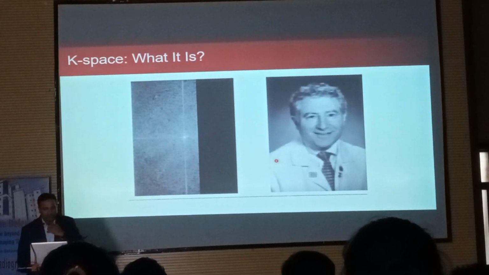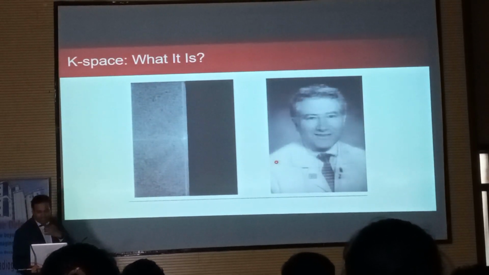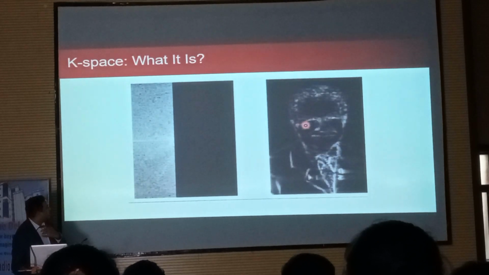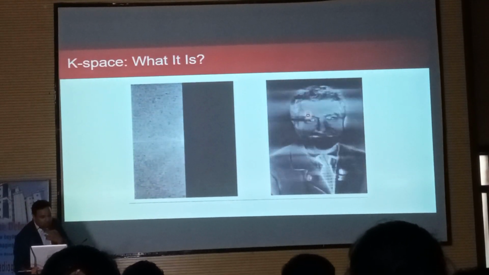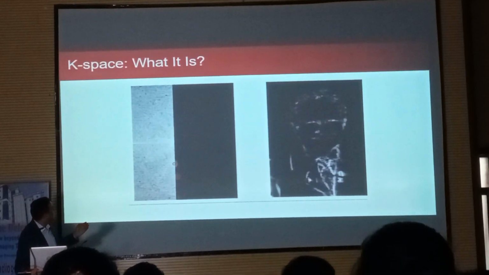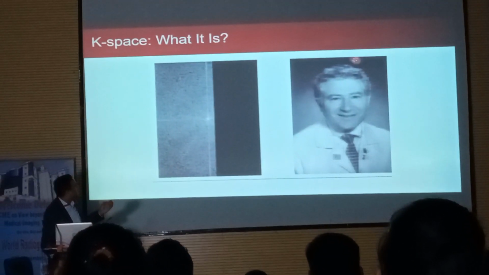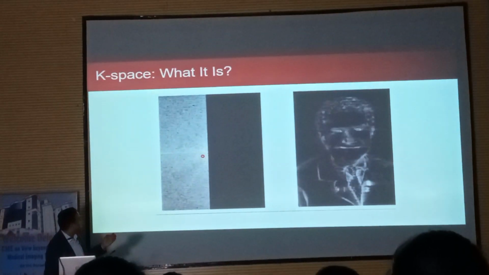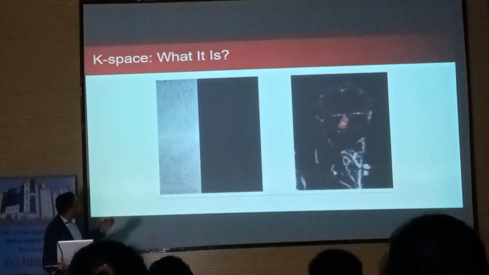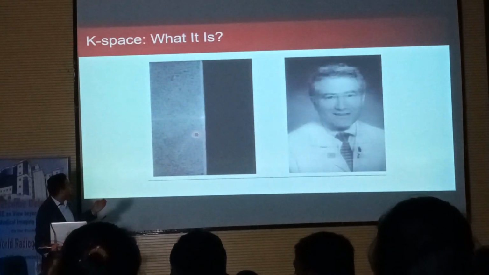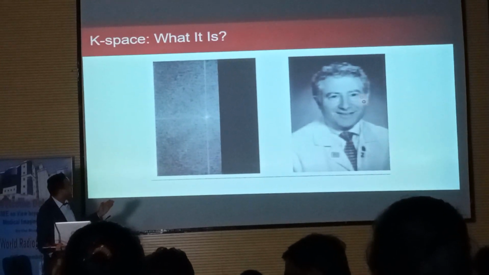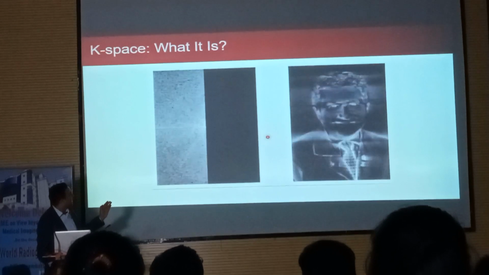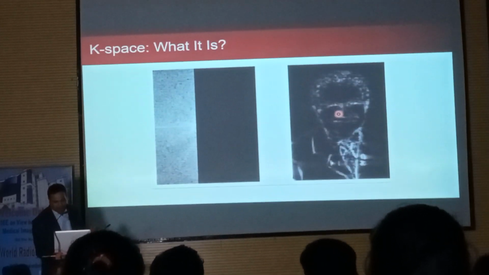Just a small movie. You can see here. Once we are at the outer, so once we are in the halfway, we just see the edges of the images. However, once we acquire the center of K space, we can see the full image has been given. So it depends on which area we are working in the MRI K space. Basically we need to acquire the entire K space to get the full image.